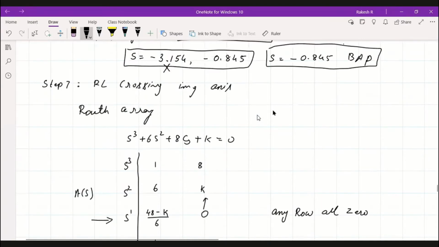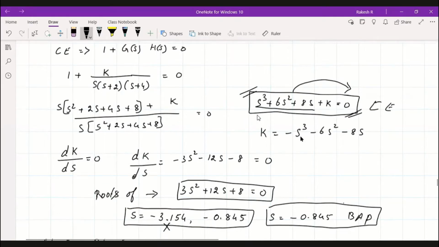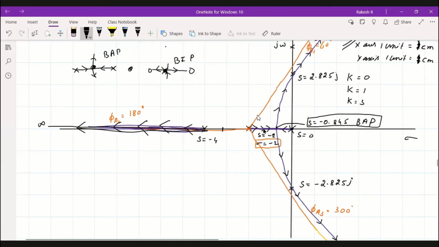I'll show you here. Here there was one pole, that is s is equal to 0. Here the second pole was there. In between these two, I would be considering between 0 and minus 2. I used to cover up minus 2, and towards the right of that I used to consider, and cover up this side. That means the number of poles plus zeros towards the right will be how many? Only one. That is s is equal to 0, the only pole we have in between minus 2 and 0.